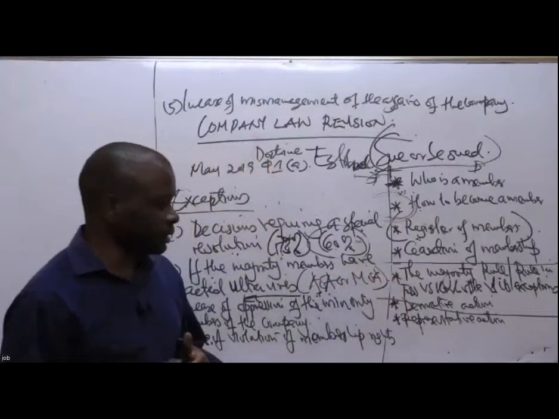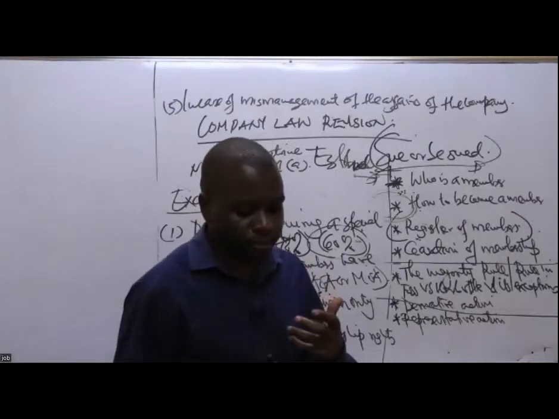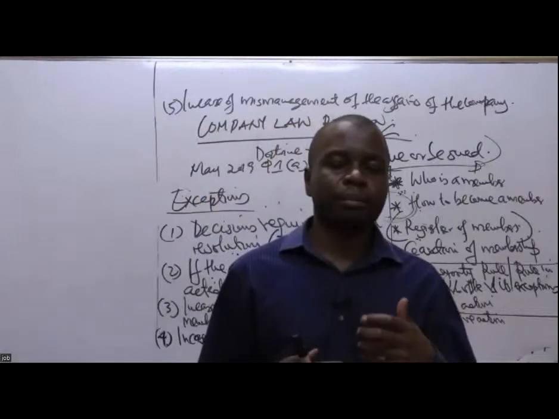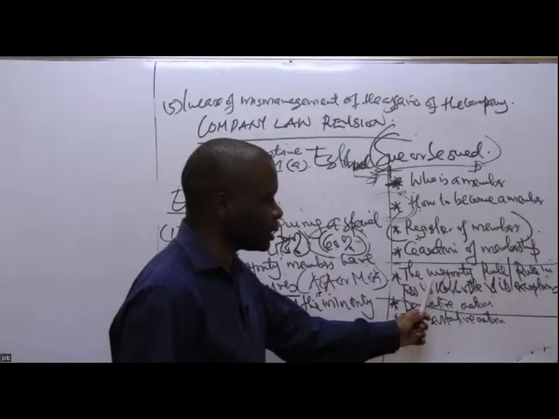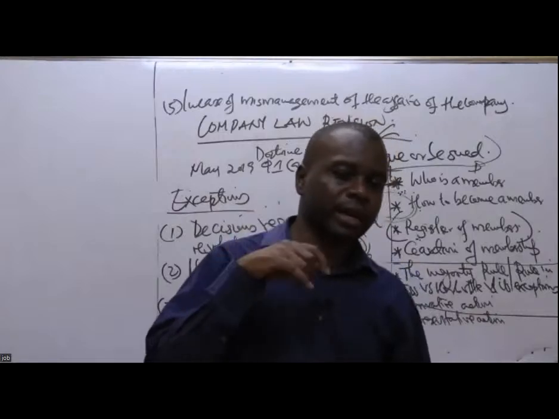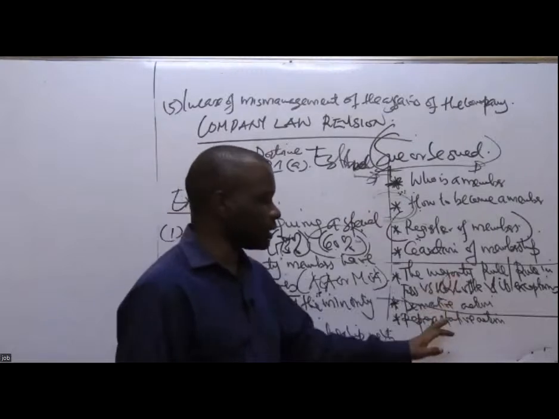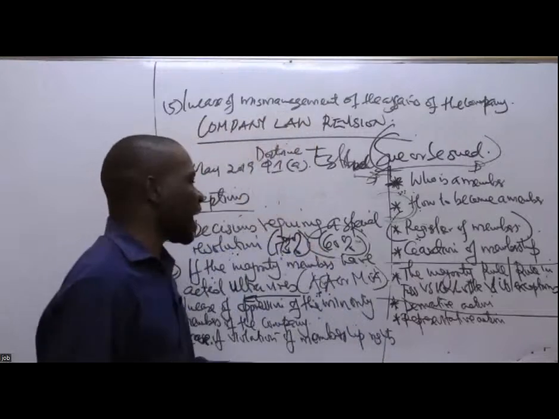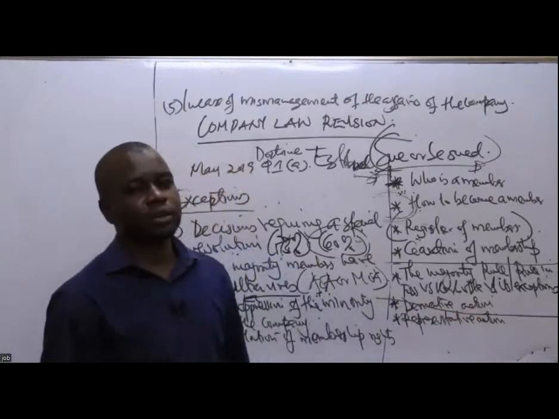Derivative. Now this one is not representing the other members of the company. It is whereby you, as a member of a company, decide to bring an action to remedy any wrong done to the company. On the other side, I've told you under the majority rule that you cannot bring an action on behalf of the company, but it is only the company itself, acting on a decision made by the majority of the members. But under derivative action, what is the teacher saying? You can bring the action. Under what circumstances? Under the exceptions. Then you can bring the action on behalf of the company to remedy any wrong done to the company.